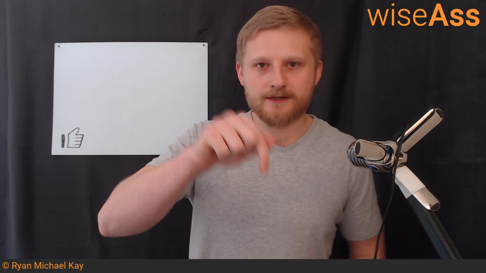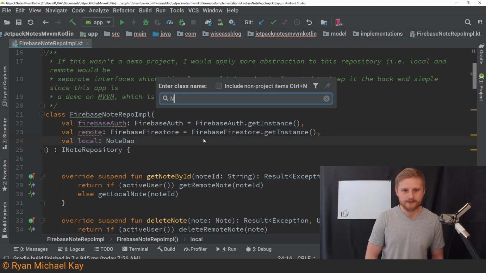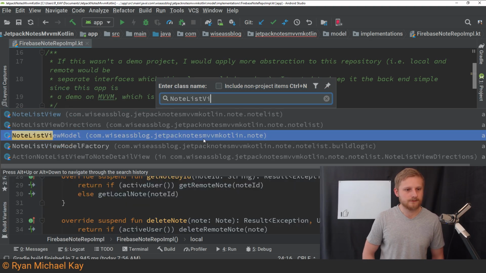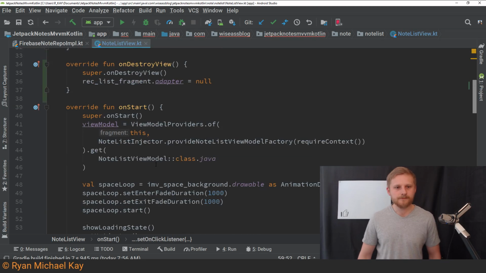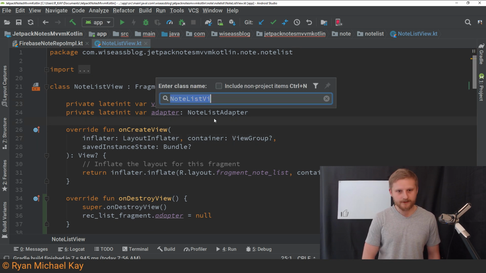Typically the view is responsible for the same kind of stuff that a view normally does, except it has the added responsibility of observing data from the view model. So maybe I'll try and do some code while I talk about this. Let's look at, say, note list view. It has a view model. It can talk to it. That's fine. However, if I go to note list view